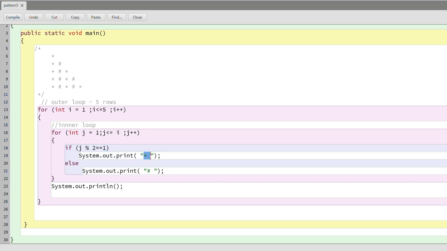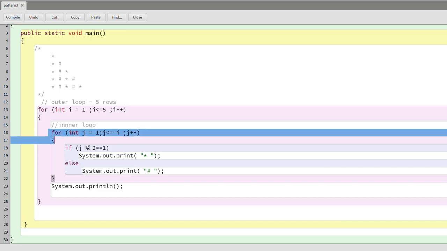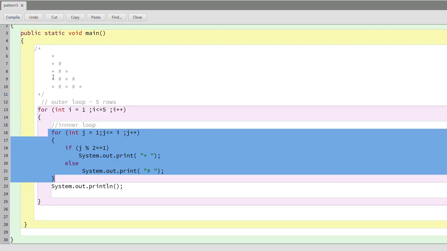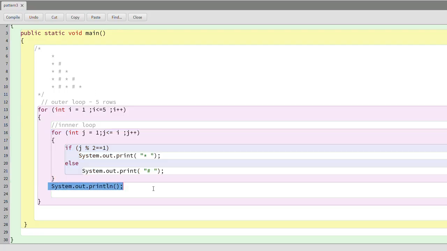So there it will print star character. Else, the even second position, fourth position, it will print hash character. And I want all to be printed on the same line, so I will use just the print function. Once this entire row is printed, this entire for loop is executed, a new line will get printed, System.out.println.